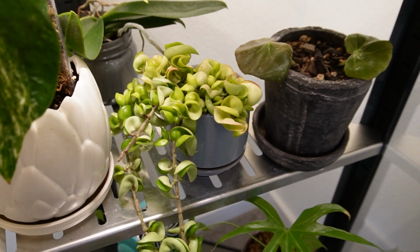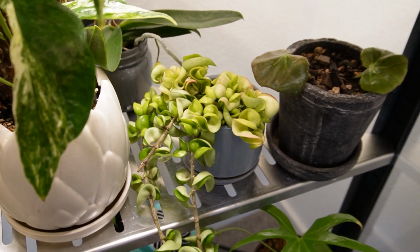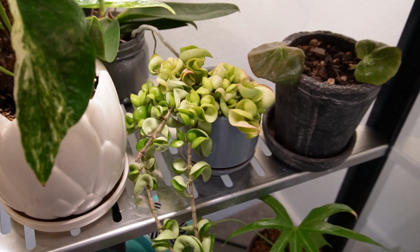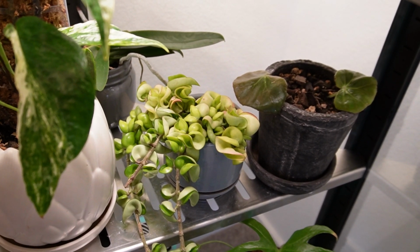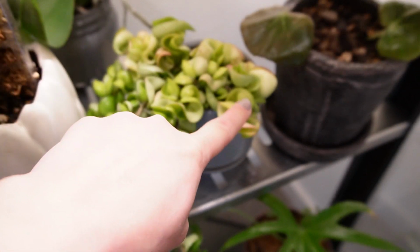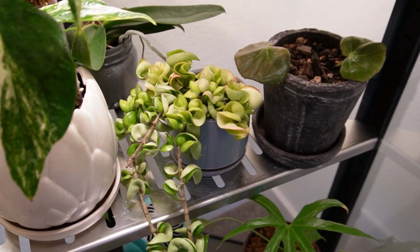But this one was on the top shelf. It's actually never been anywhere other than the top shelf. Essentially, I got this plant around the time I got my IKEA cabinet, and so it's just always been in my cabinet on the top shelf, and it's always blooming, and so I just never really wanted to move it. But it does have a lot of sun stressing and lighter colors on the top, and so I wanted to try moving it a shelf down